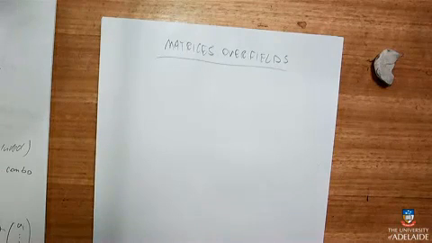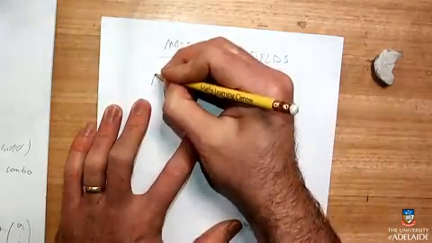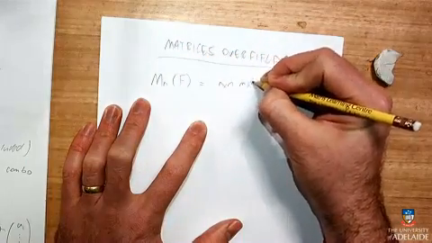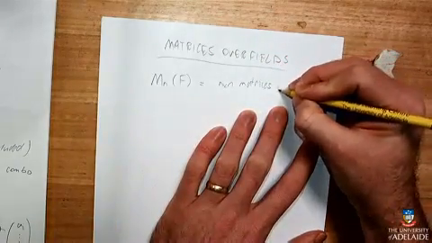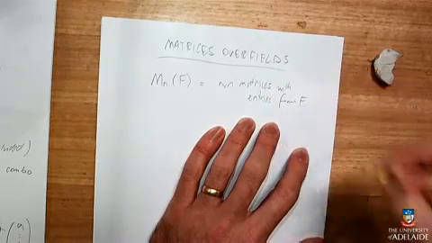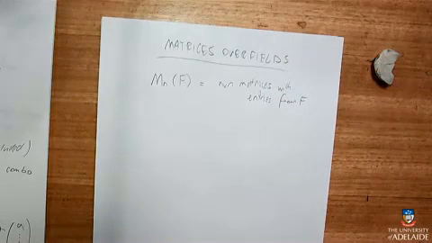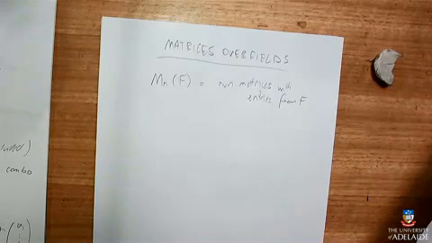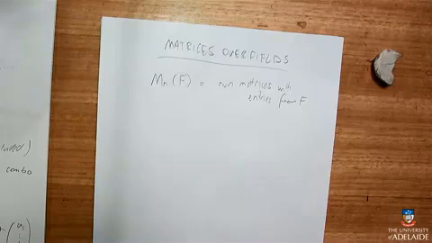So I presume that we can have a notation which is Mn, and they're square matrices. So Mn of F is n by n matrices with entries from F, apparently. Okay, and to orthogonally diagonalize them, I imagine we have to find eigenvalues like we used to back in first year.